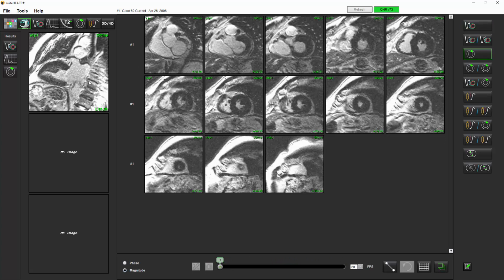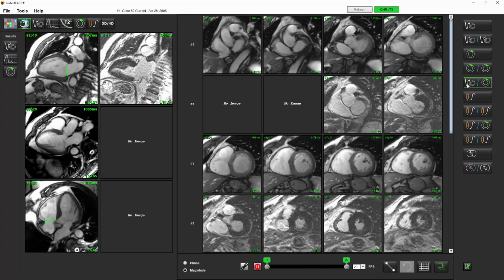the 2-chamber view here. The 3- and 4-chamber view aren't shown because none was acquired, and we can see the short axis images here, and it looks reasonably normal. We can actually compare the function and viability images by placing them side by side with each other here, and